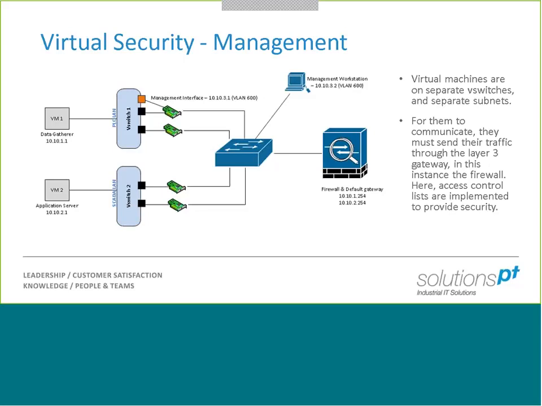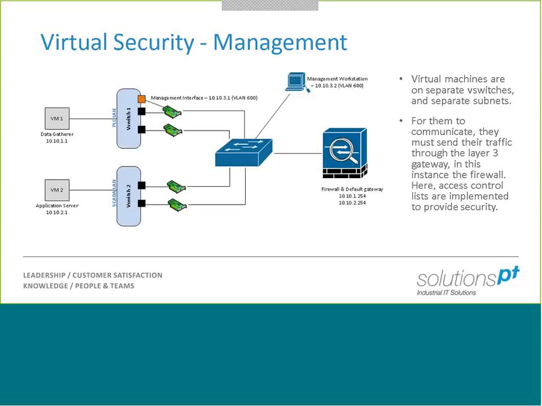So what we've essentially done here is we are still sharing the same vSwitch, but we have a different port, we have a different port group. And basically, we are saying that only VLAN 600 traffic can talk to the management interface. Now, everything is then connected into our layer 2 managed switch there in the middle. And on that, we would then control which ports are on VLAN 600, i.e. which ports can actually talk to the management interface.